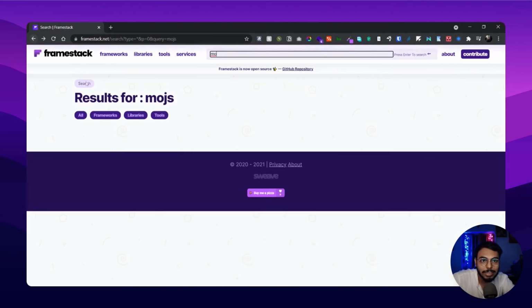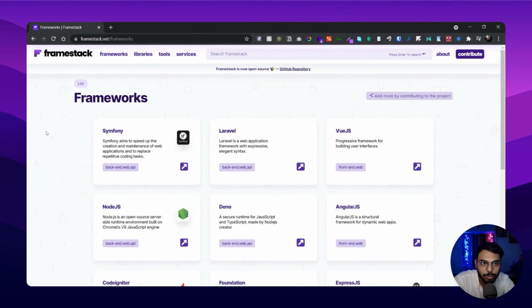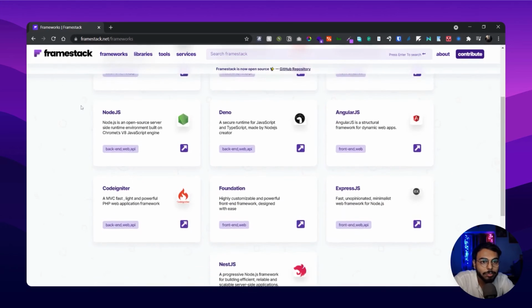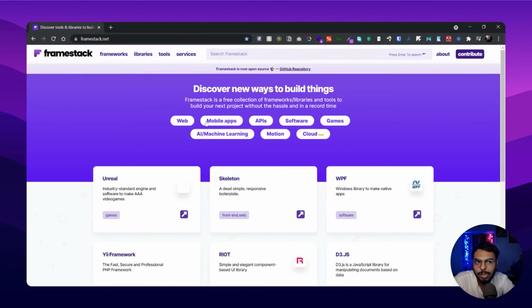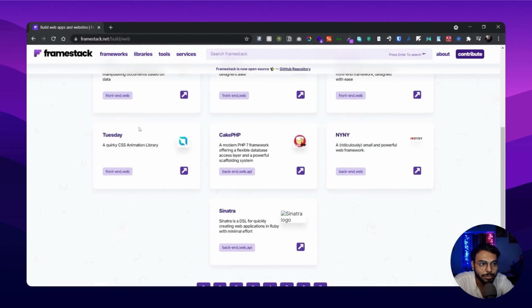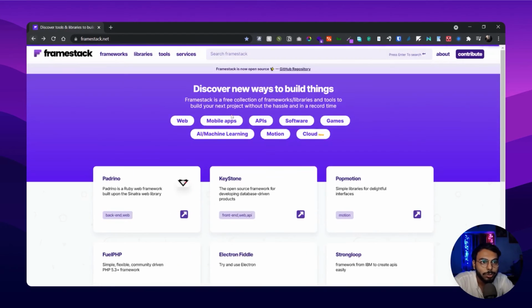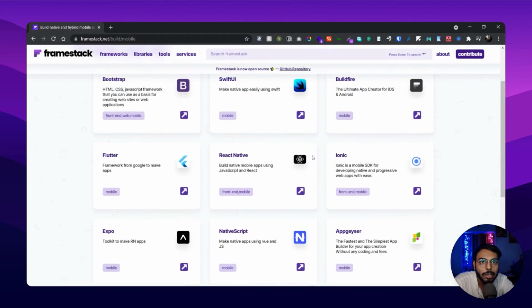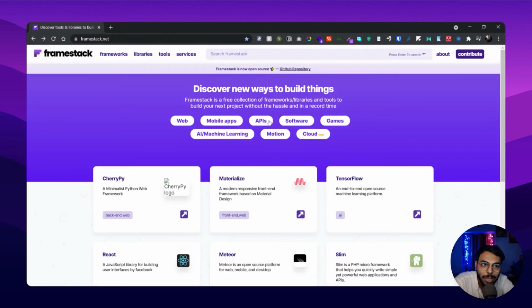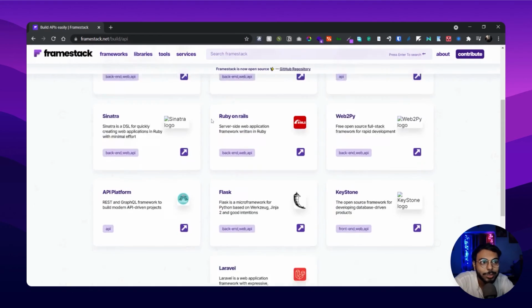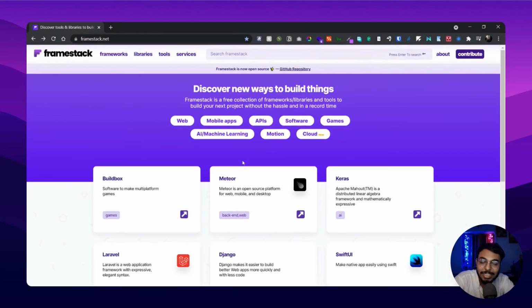They have tons of frameworks listed on their website, and you can view them in every category. If you want to see web, you can see all of the web frameworks. If you want mobile apps, you can see mobile. If you want APIs, they have APIs also. So yeah, great. Developers out there, please visit this website.